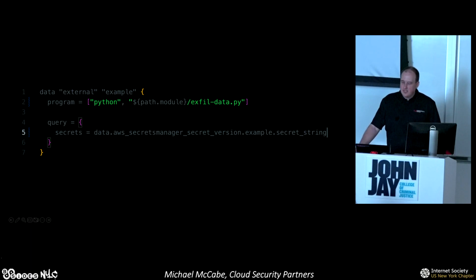And you can see on line 5, what we're doing is pulling in a data reference, which is a secrets manager secret. And then the Python script could basically exfil that out. So use the Terraform role to pull data out of secrets manager, and then use your script and external data to exfil that. So again, really simple examples of how you can abuse the built-in Terraform APIs to exfil data or gather data.